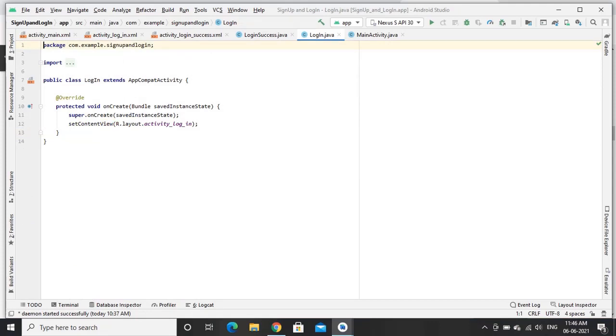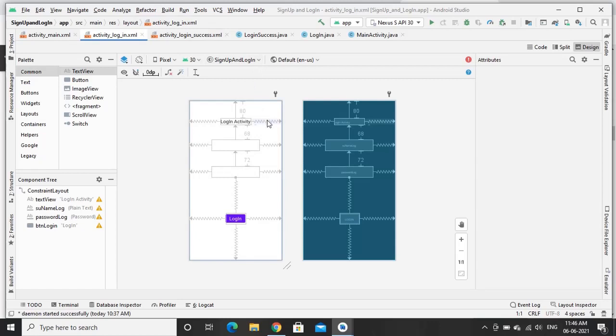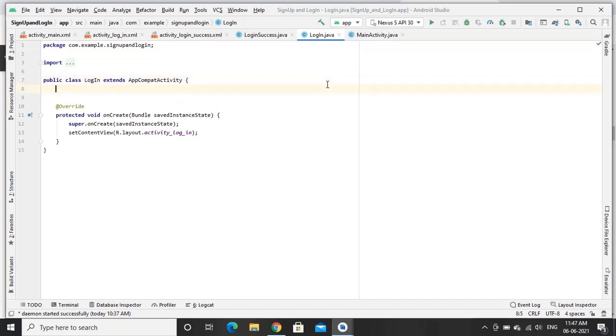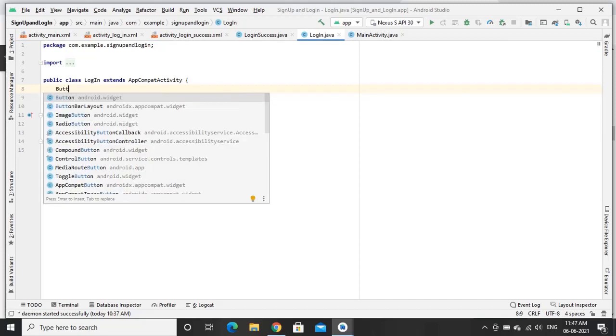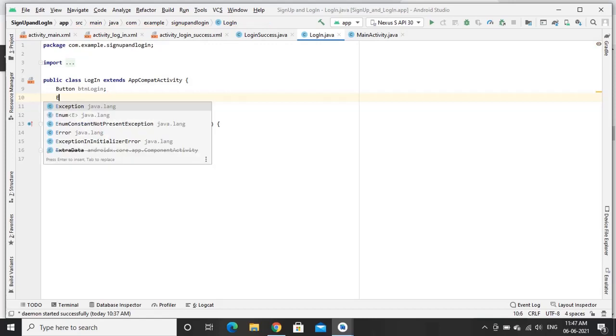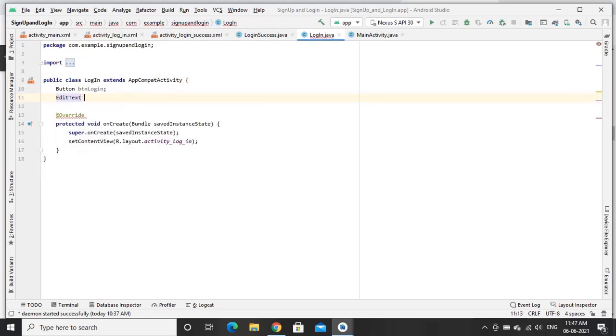Now we will go with the implementation part for the login page. I am in the login.java file. This login.java file is related with the activity login.xml, whatever we have designed for the login page or login activity. I create the reference for all the widgets like the button, btn login, and for edit text, password and username.